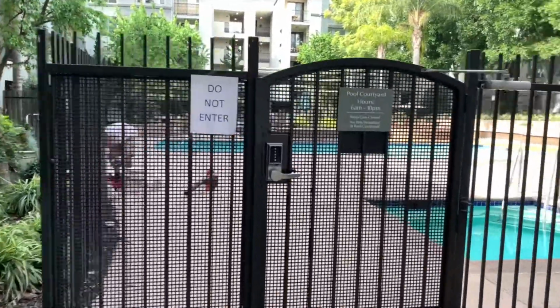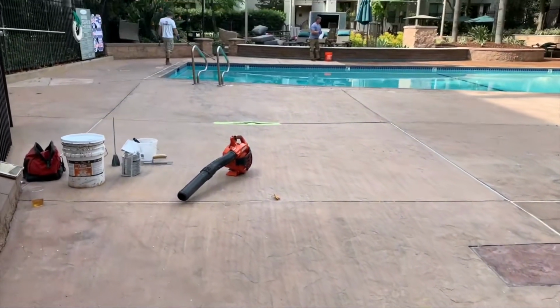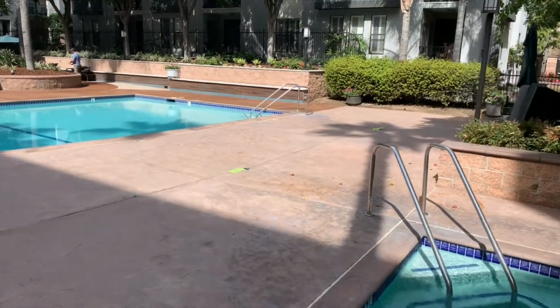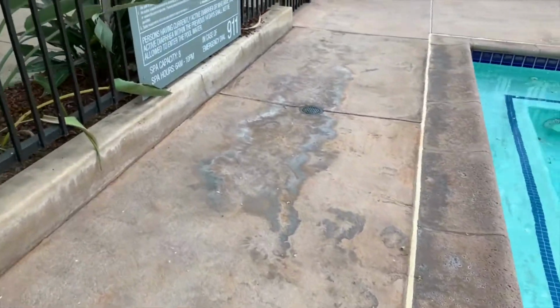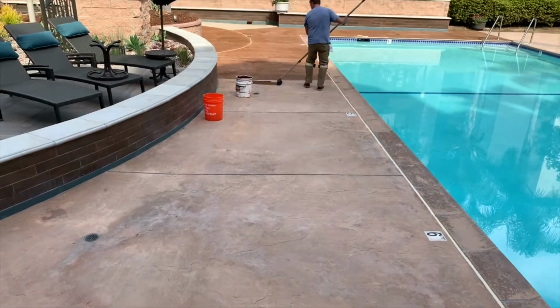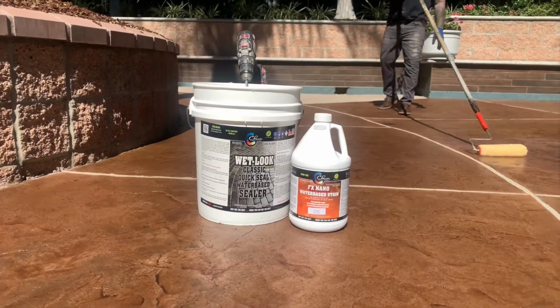Today we're here in a luxury apartment complex in Pasadena, California. Alliance Property Management contacted me hoping to salvage their pool deck. They didn't know what to do. They thought they needed to overlay the entire deck, but I told them, hey, there's no need for that. It just needs some life brought back into it, in which I brought in samples of classic coatings, and they